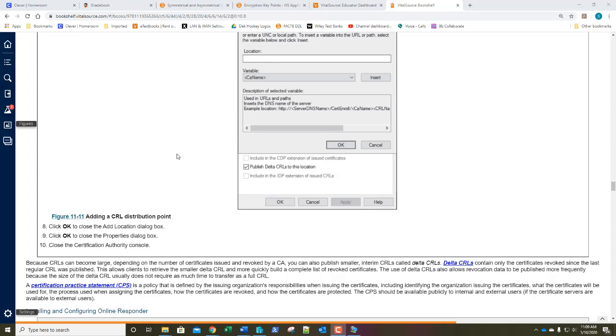was published. If we publish our CRL once a day and we're in a very, very large environment, there may be a number of certificates that expire before the next one gets published. The Delta CRL keeps that list up to date so that you don't have to completely rebuild that whole CRL on an hourly basis. You can do it with the much smaller Delta CRLs, and here's where you can see